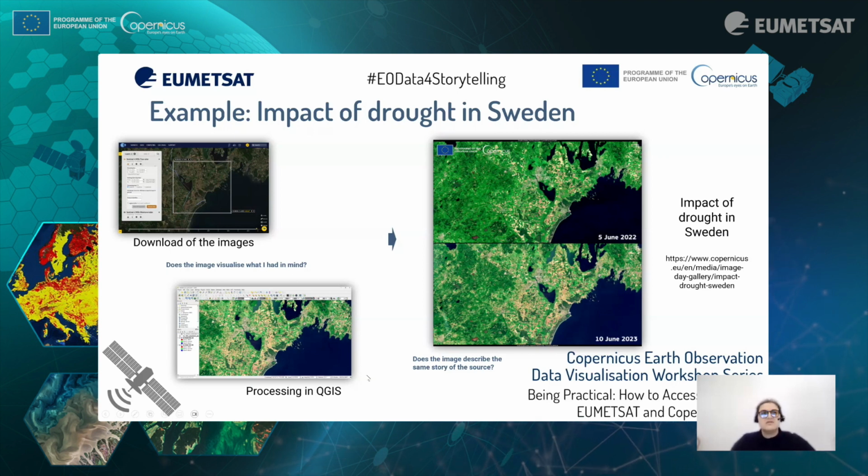And what was the result? I got an image, but this image doesn't really show the drought because you have just one image. So I decided to download the other image of the year before, because in the time series there was the confirmation that the year before there was no drought. And this is the result. The result is the image of the day of south Sweden, in which it is visible that in 2023 there is a lack of vegetation related to the drought that is ongoing.